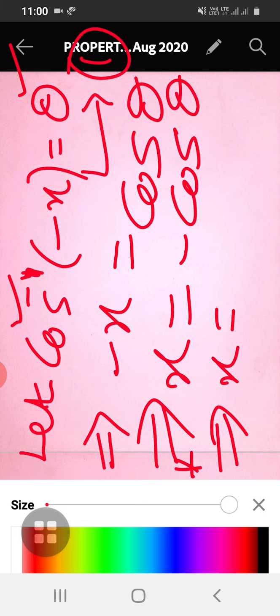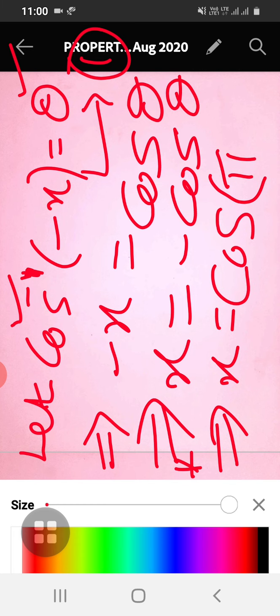So how can we write x is equal to minus cos theta? In first PUC, the ASTC rule. In the previous theorem, what I did was minus sin theta, we wrote that as sin of minus theta. Here we cannot write cos of minus theta, because cos of minus theta is equal to cos theta. So I cannot write like that. I can write this as, this is important, cos of pi minus theta.